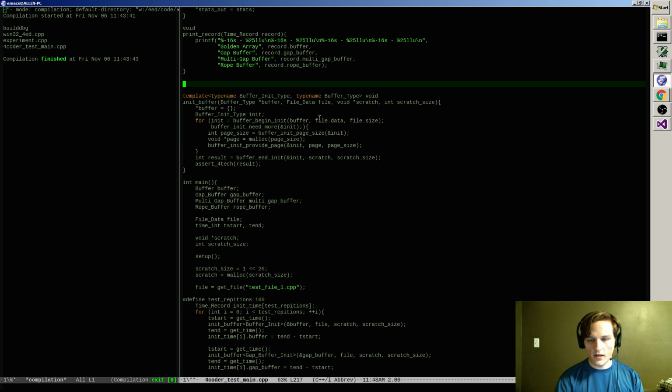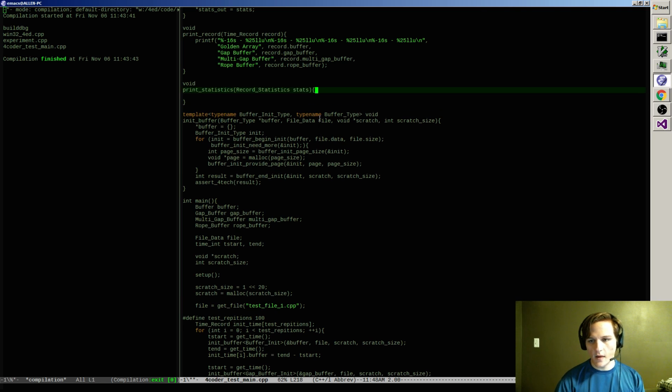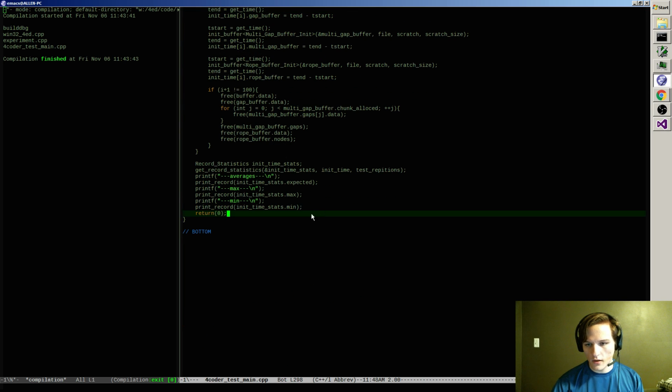So this right here is kind of a useful function that I'll keep. So that's like void print statistics, record statistics, stats. We'll pass that in as a pointer because it's a big one. And then I'll grab all of these.